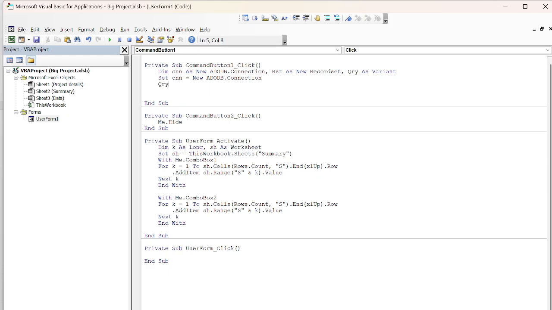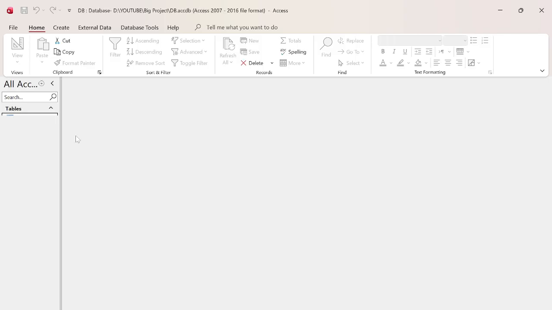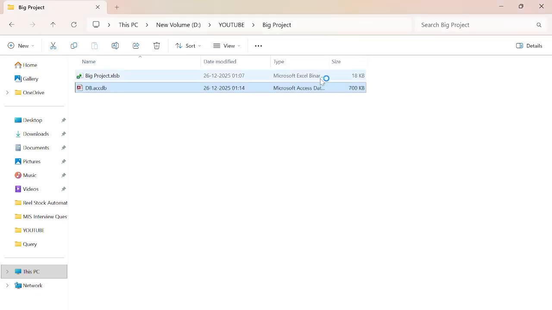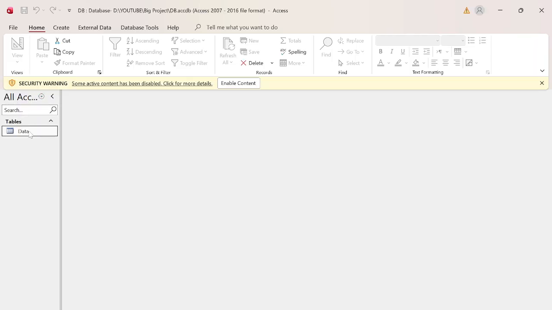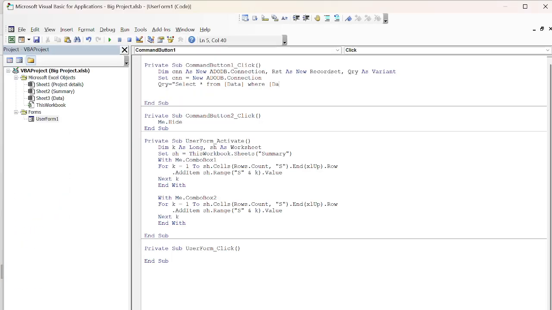Here you have to write the code: qry = "SELECT * FROM" the table name which we have in the database. What is the table name here? The table name is data. So right here, data, where date. I think it is Date, or whatever field name we are looking for here. The date is Date. Okay, so right here, where date is between Me.ComboBox1.Value